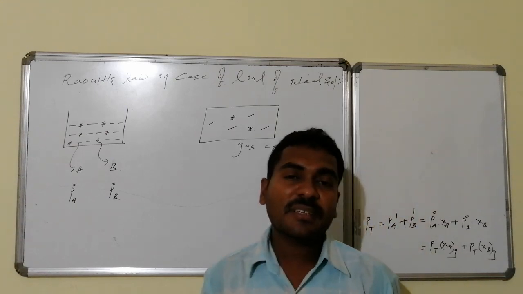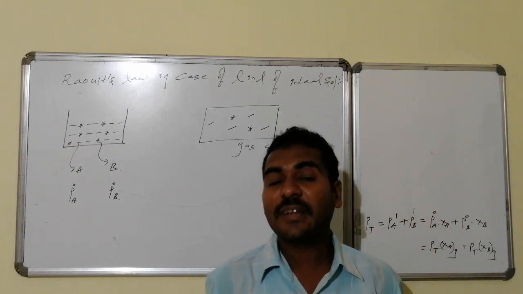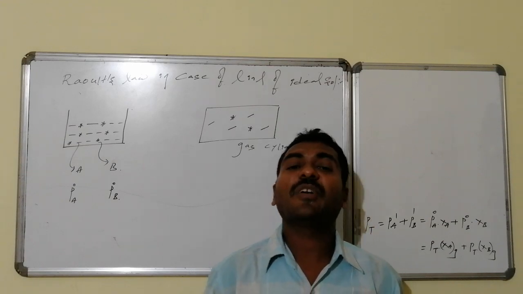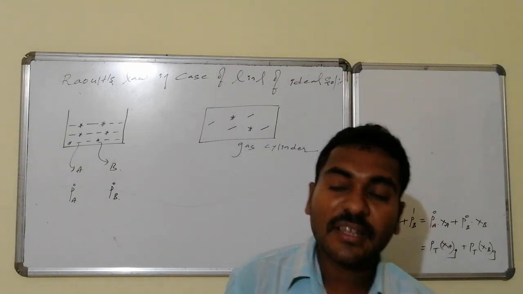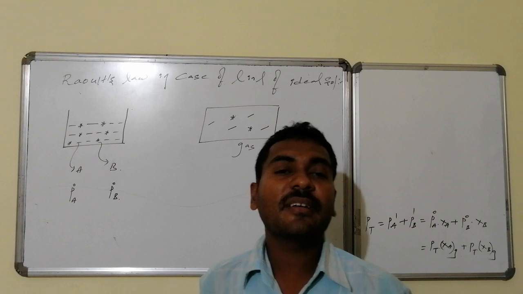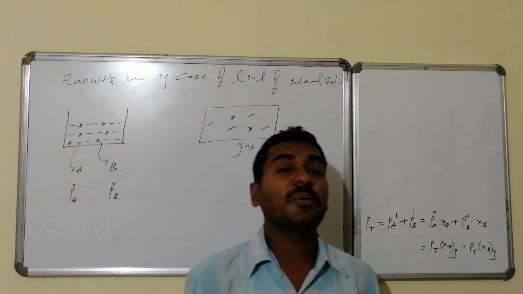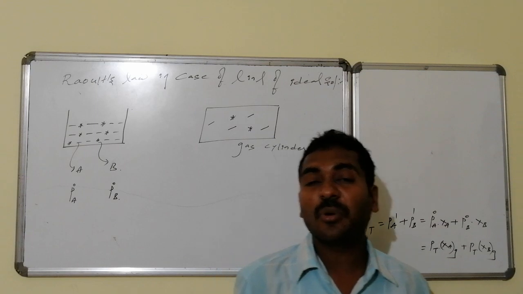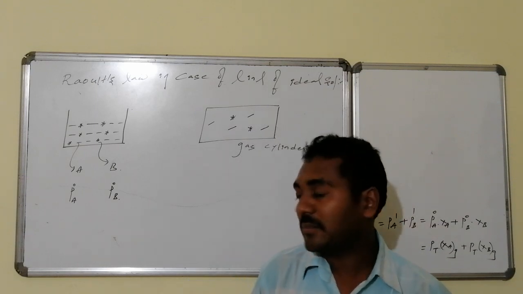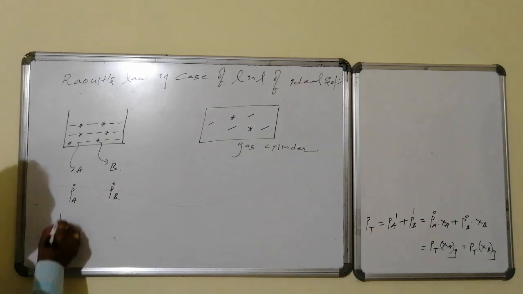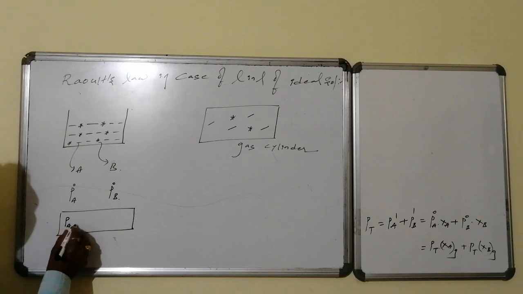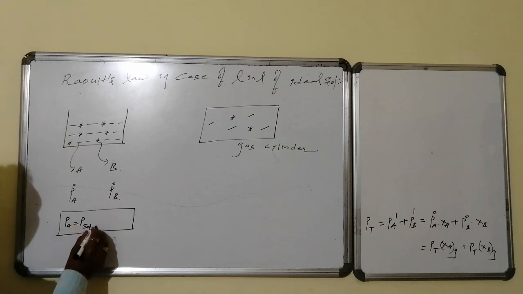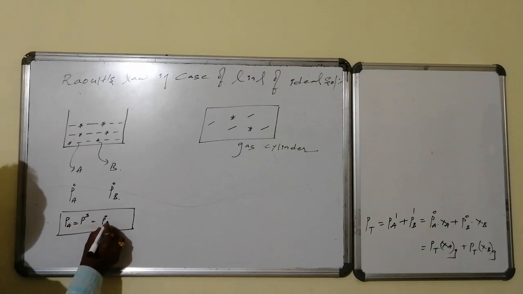As per the information that we have, when a non-volatile solute is present, the vapor pressure of the solution is the vapor pressure offered by the volatile component. That volatile component is just the solvent there, hence it becomes equal to P0 of the solvent, P0A, into the mole fraction of that component in the liquid medium. So I will write that once again. Suppose the vapor pressure of the volatile component, that is A, becomes equal to the vapor pressure of the solution, which we indicate as PS. That PS becomes equal to P0A into XA.